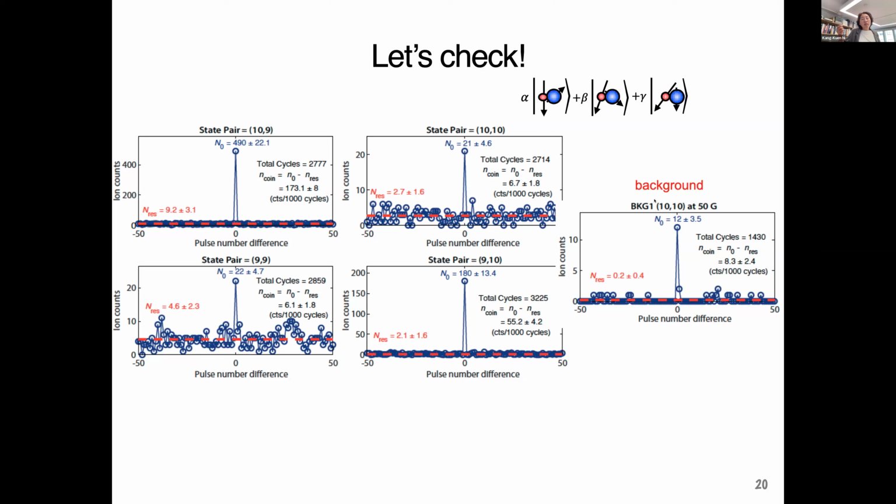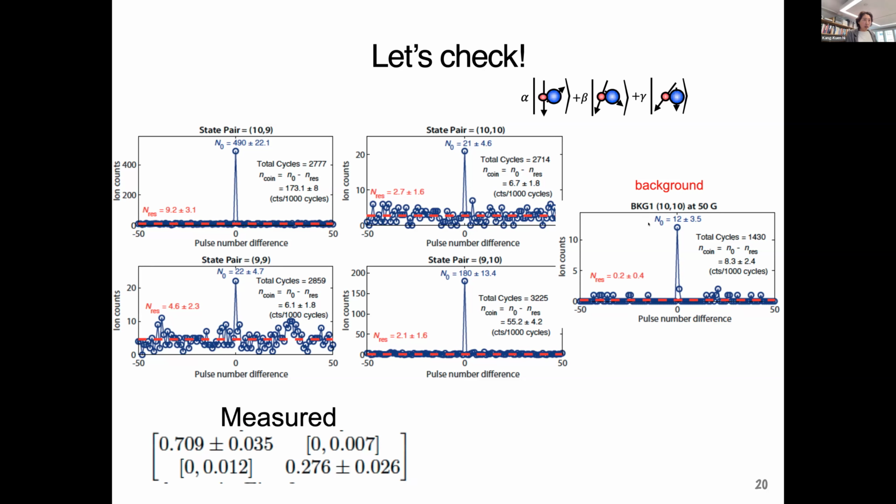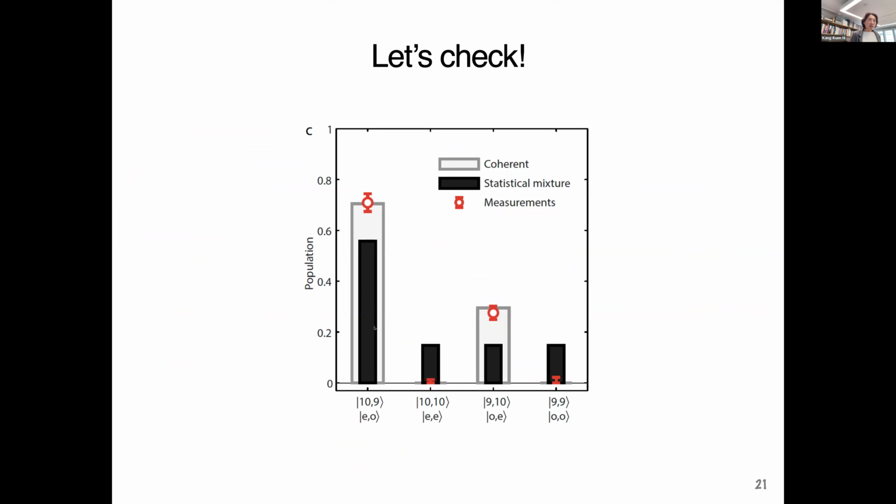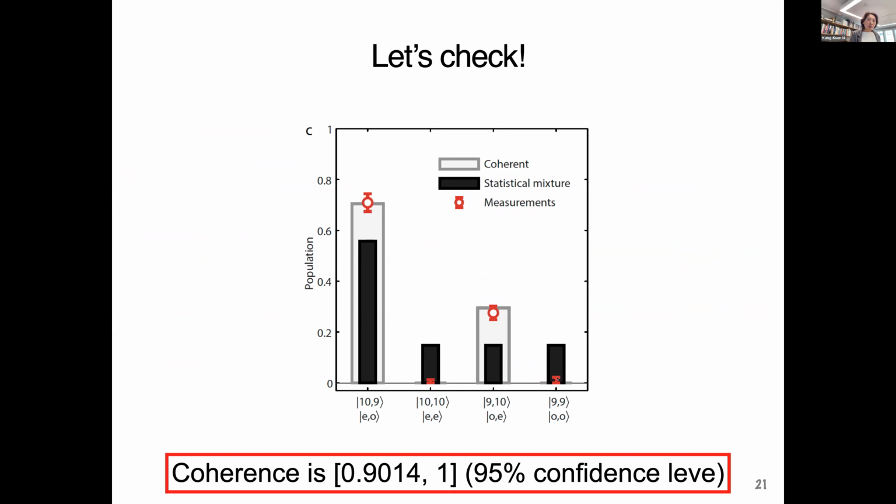It turns out there's a 2-photon ionization process mimicking these channels. So when we take that into account in the analysis, we were able to subtract that background, and let's represent all the data in this one plot in comparison with coherent and statistical mixture predictions. And you can see that we were able to show that coherence is maintained. It's basically in the range of 1 with 95% confidence level. Okay, so